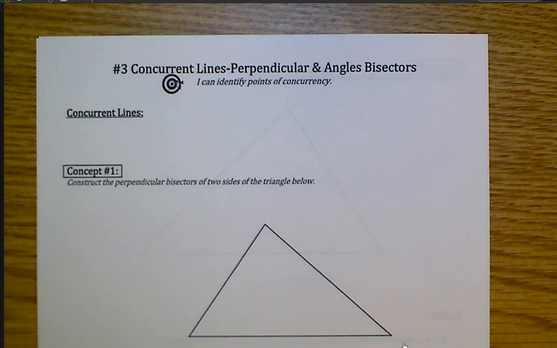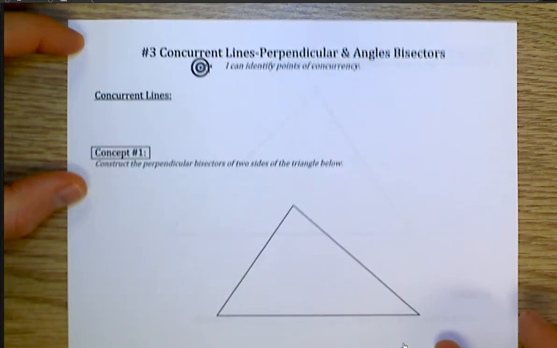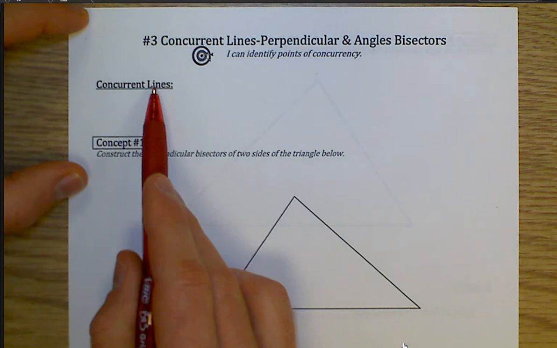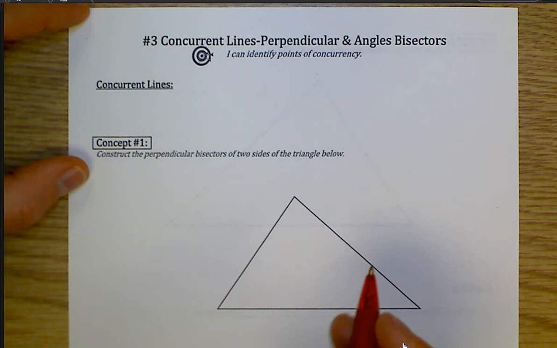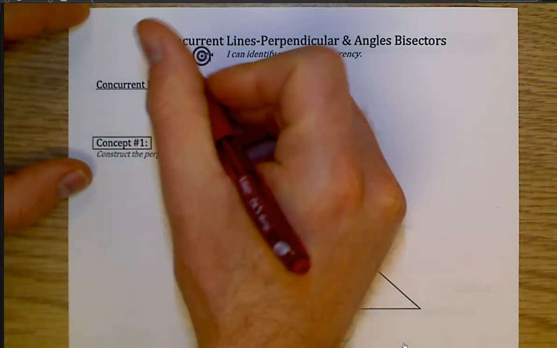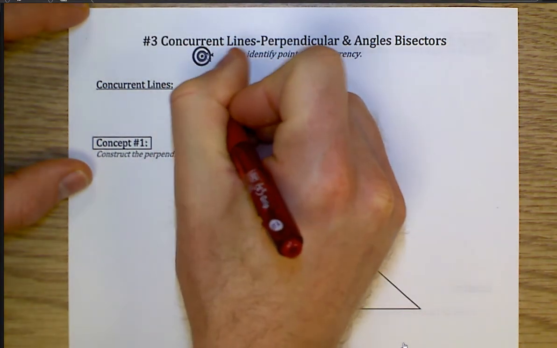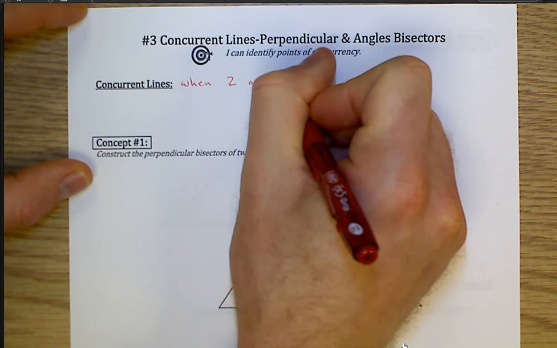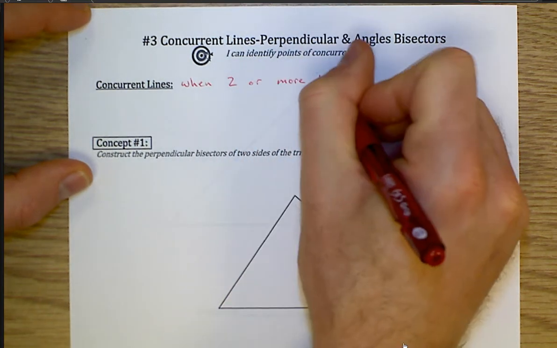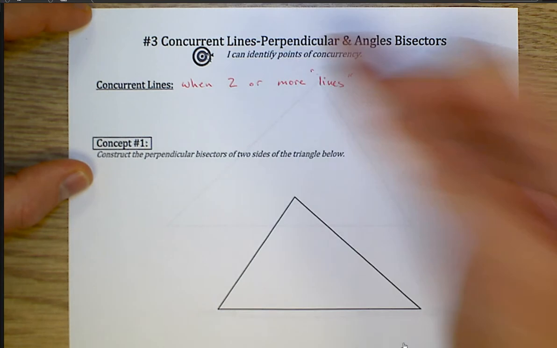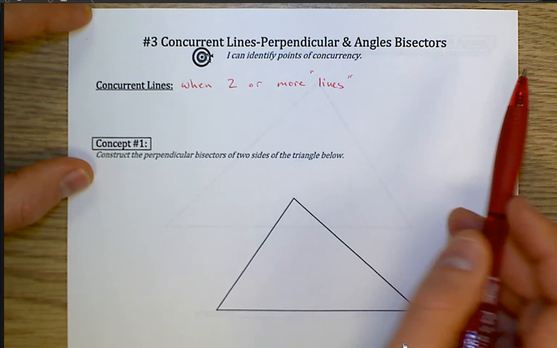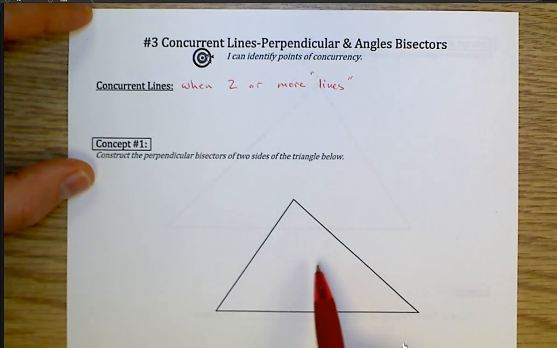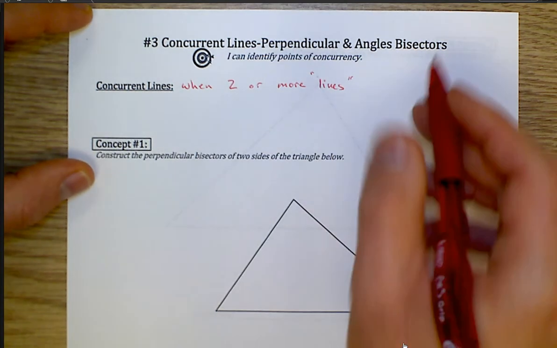So what we're going to be talking about in these next few lessons are different types of lines within triangles, okay? And so the first vocab word is concurrent lines, and that just means when two or more lines, I'll put lines in quotation marks because you're going to find out that they could be perpendicular bisectors, angle bisectors. These are all types of lines that could be happening inside of the triangle. So when two or more lines intersect,